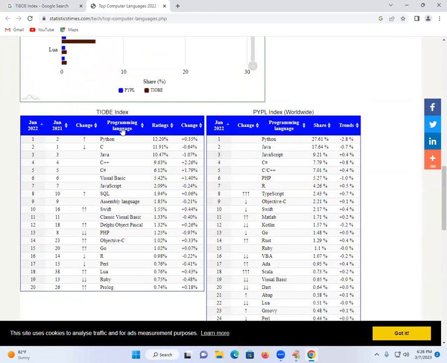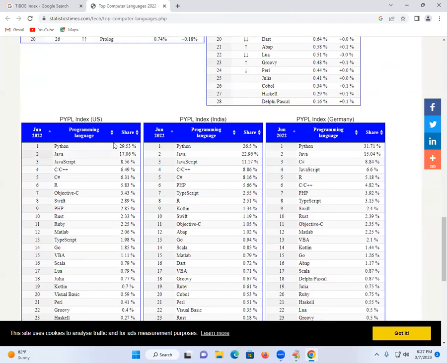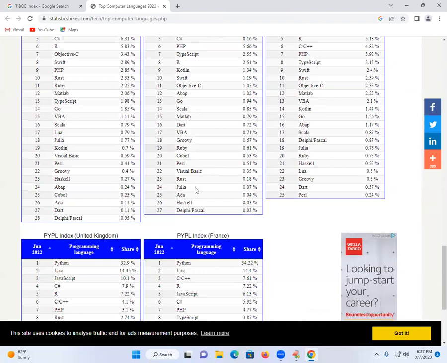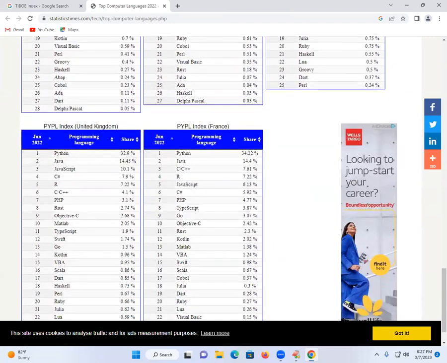And if you come to the total index of the languages, Python is on the top, ranked number 1. Python worldwide is top number 1. And if you come down, Python in US is top number 1. Python in India, Python in Germany, number 1. And Python in United Kingdom is always trending.